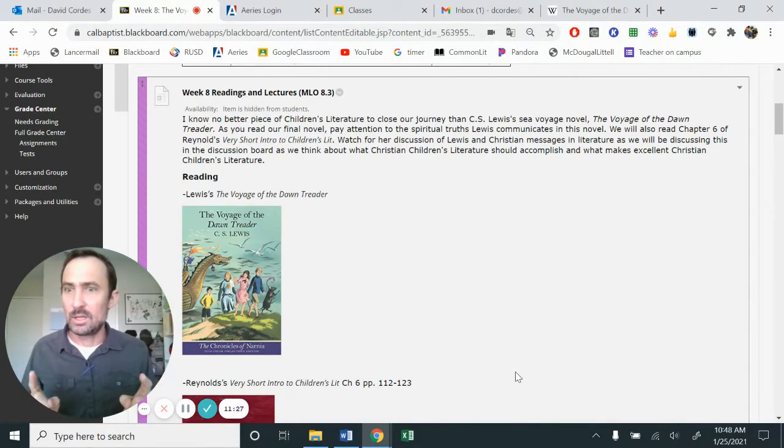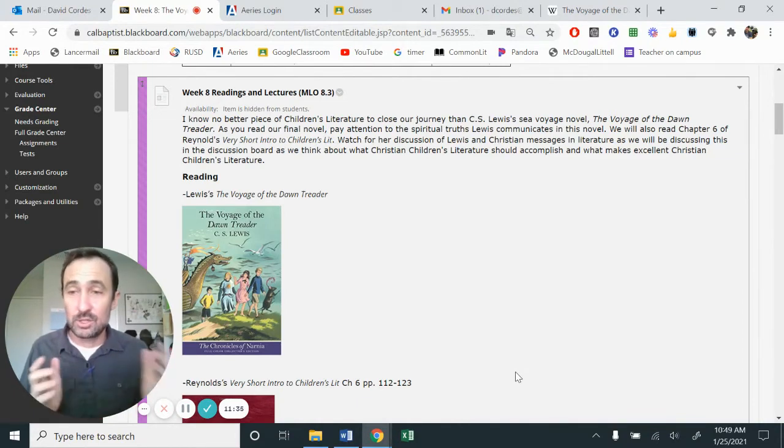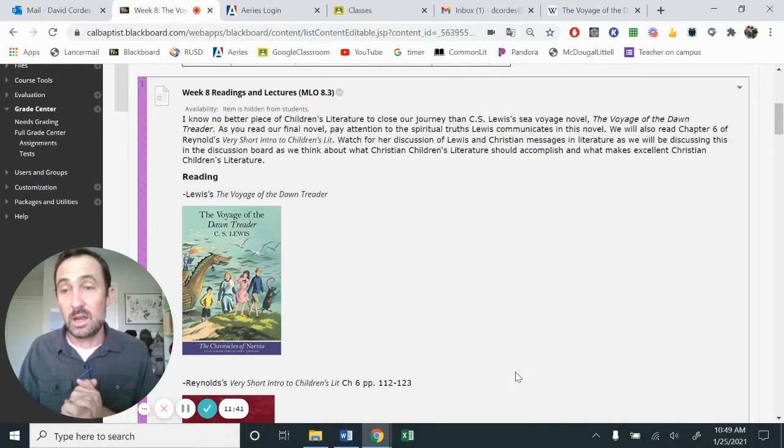We can bridge the gap all we want. When my daughter read through the Chronicles of Narnia in her 5th grade year, she began to notice the distinct allegories. She noticed, oh, this is like what's said in the Gospels in the book of Mark. She was able to pick up on that rather quickly.